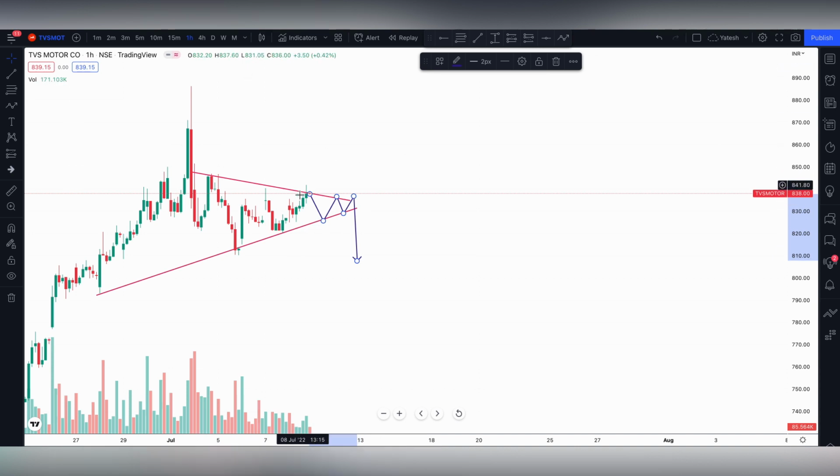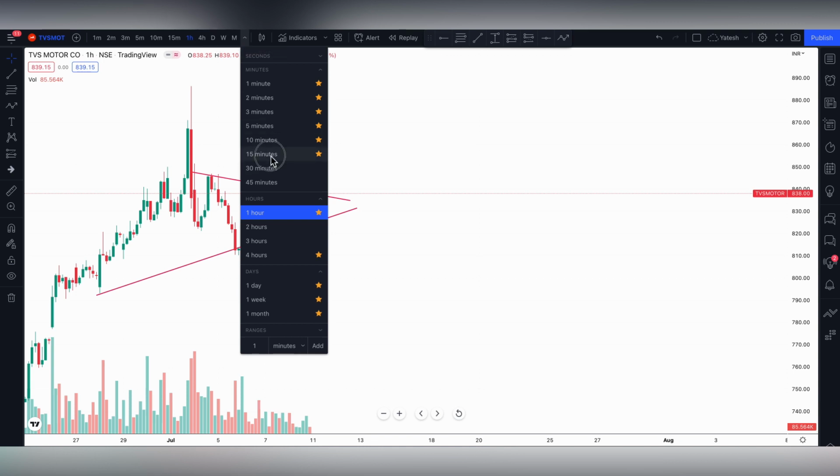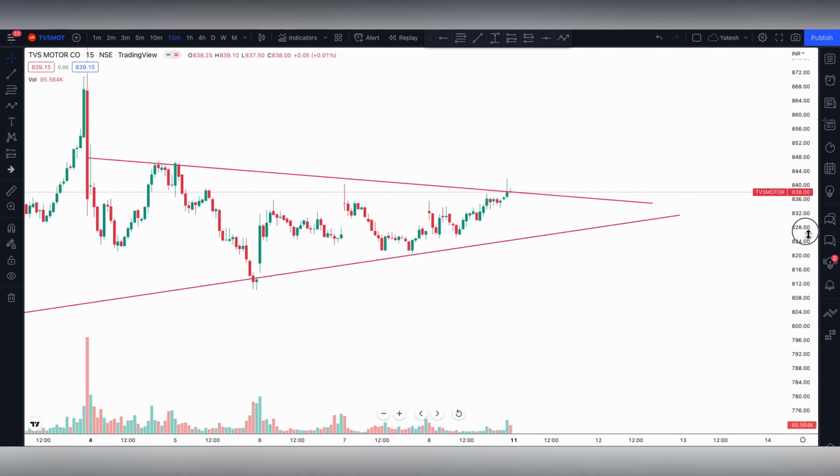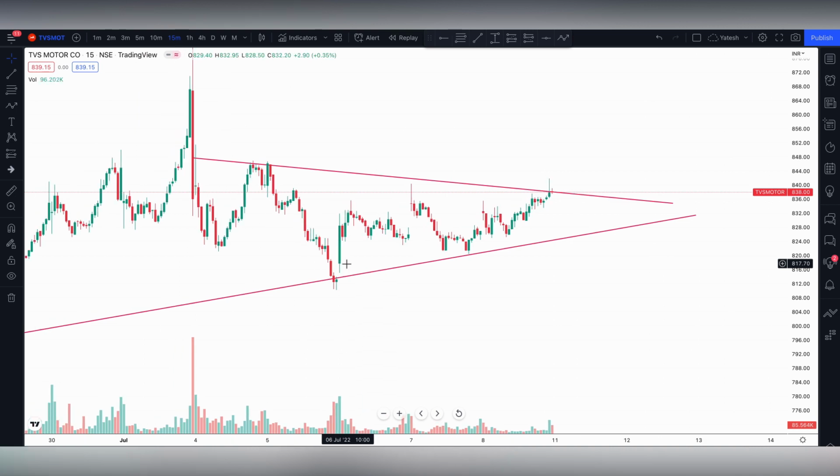Now can we do intraday trading on a 1 hour time frame? We cannot, right? So we will switch our time frame to 15 minutes. Even on 15 minutes, the same trend line that we drew on the 1 hour chart still stays valid. Here also we can observe that the stock is planning to do a consolidation. Now here you can see a false breakout. That is why we will not enter as soon as we get the breakout. We will wait for the next candle and see if it is opening above this level.